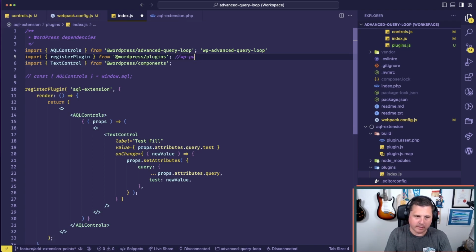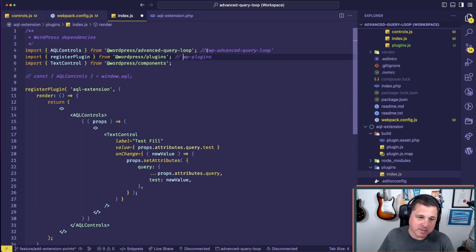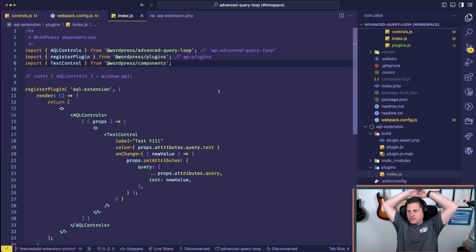It's super naughty. It's absolutely super duper naughty, but it means that people who want to extend the plugin don't have to know what I called, don't have to care about what I call the enqueue that actually exposes that thing. So it's a bit naughty. It's definitely naughty, but it might actually expose an issue that we should